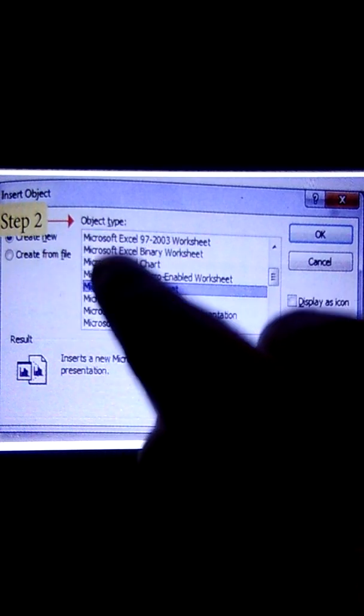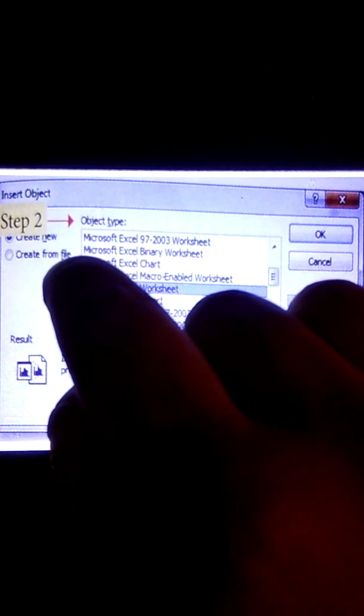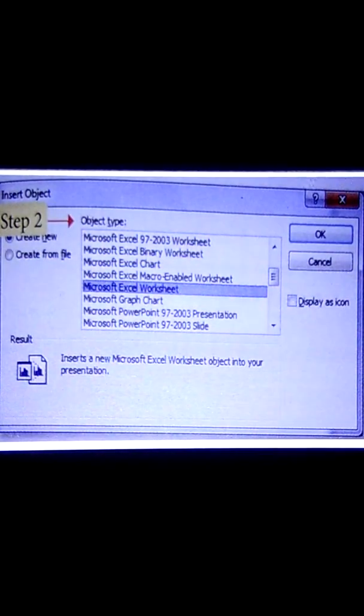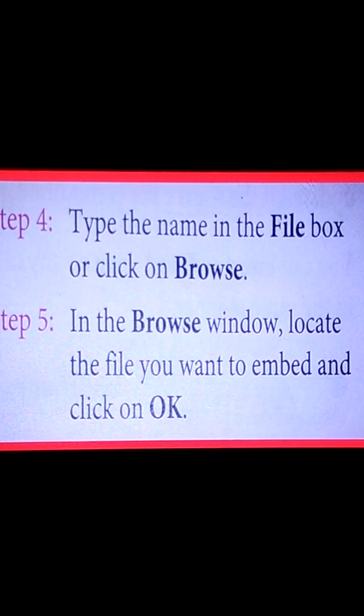Step 2 and step 3 are both in this diagram. In step 2 you select from here, and in step 3 you select Create from file. Then click OK. Now see the other step. Type the name in the file box or click on Browse. In the Browse window, locate the file you want to embed and click on it.